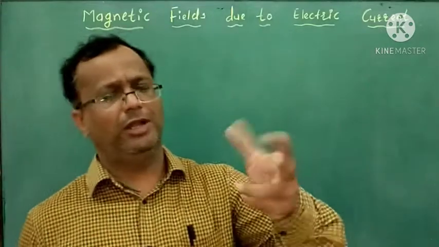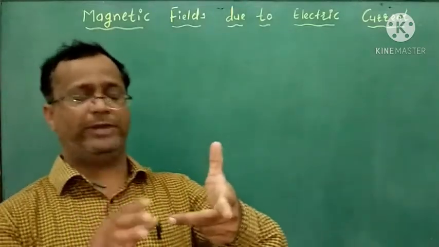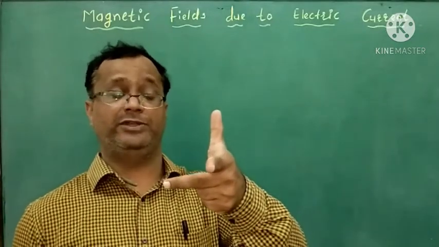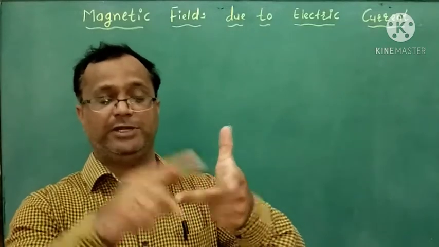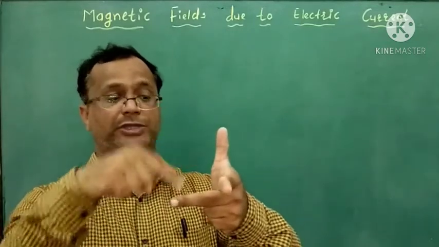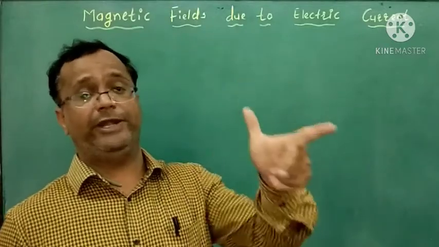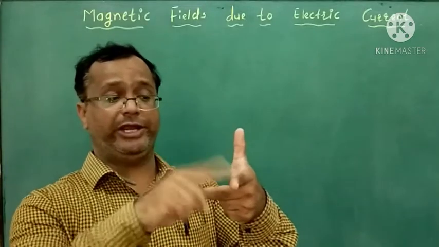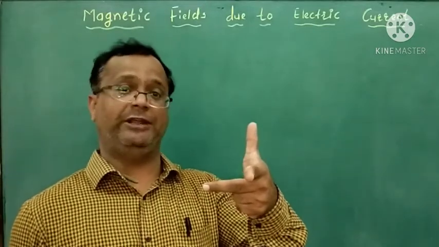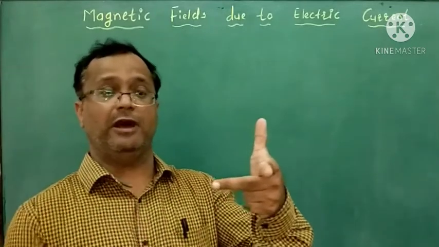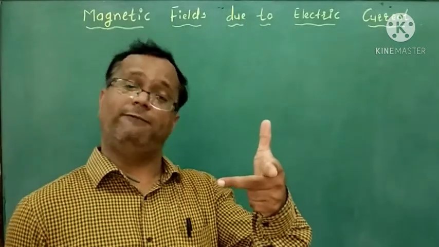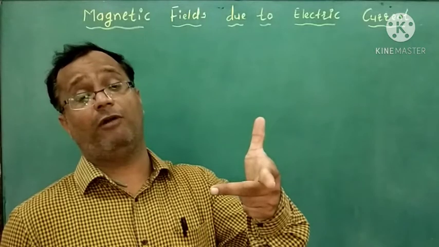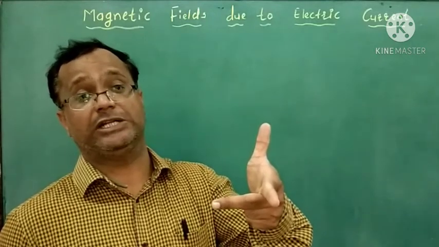But again, you know the left hand rule also. Suppose we take the first three fingers of the left hand, that is the thumb, first finger, and the middle finger. These three fingers are mutually perpendicular to each other. If the first finger indicates the direction of magnetic field and the middle finger indicates the direction of flow of current, then the outstretched thumb indicates the direction of force acting on that conductor.